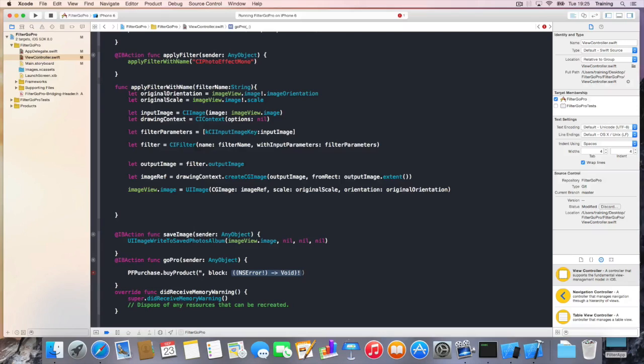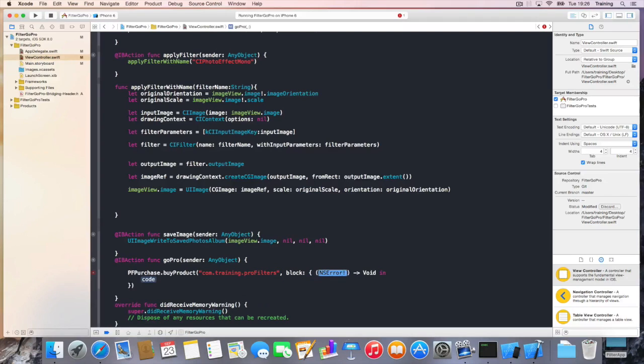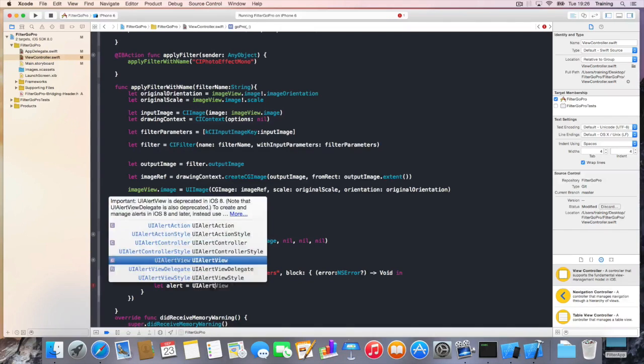And again, we have to use this identifier, which is com.training.profilters, and we have to execute this block. And this time we won't use the exclamation mark. We are using this as an optional, since we want to see if the error is unequal to nil, not equal to nil. So if it's not equal to nil, we will have to create an alert, UIAlertController,